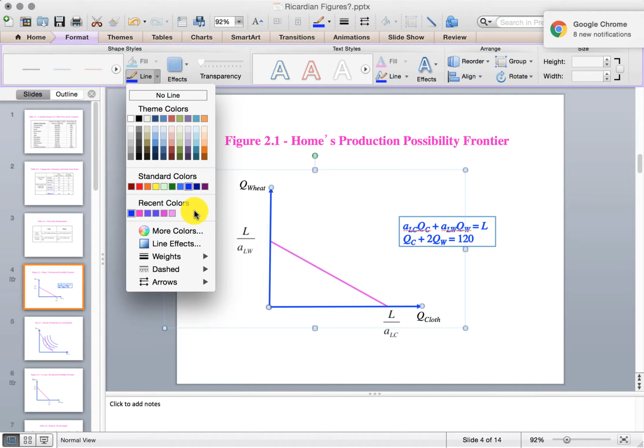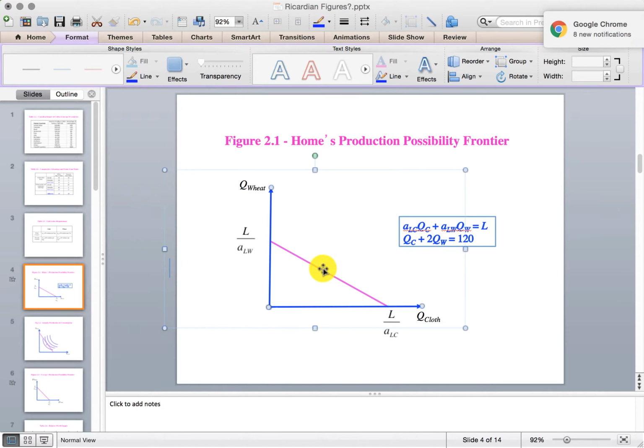Right, so in case you shut down the PowerPoint presentation, the next time you open it, these recent colors would not be available for you. Okay, so it's for the same session. All right, and the second color that I am using for the graphs,